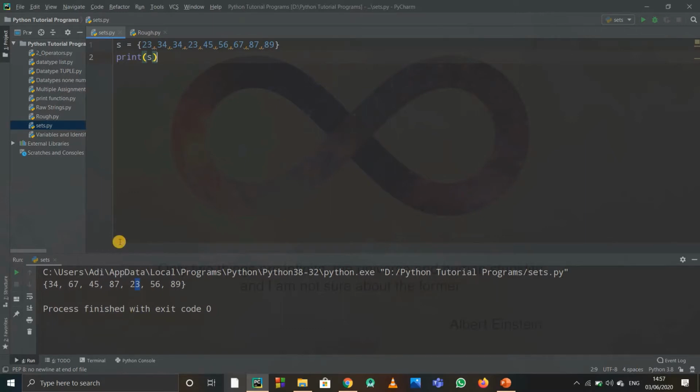And after that we can deduce that it does not maintain any sequence, right? Because see, here I wrote 24 first, after that 23, after that 34, but here it printed 34 and 23 is somewhere else. It means it prints the elements in random sequence. It does not maintain any sequence. So these two are the most key points of sets. Why do we use sets? Because it removes the duplication and it does not maintain any sequence.